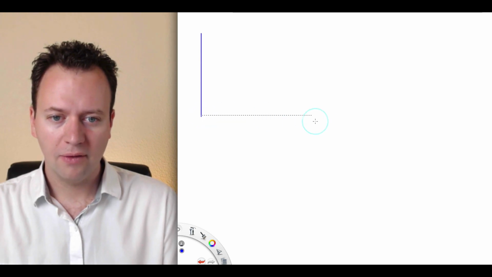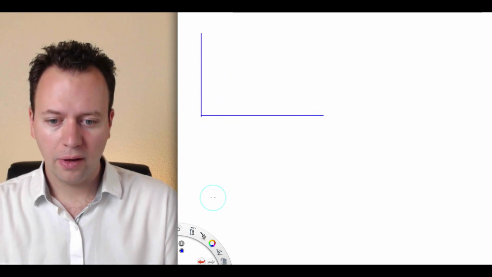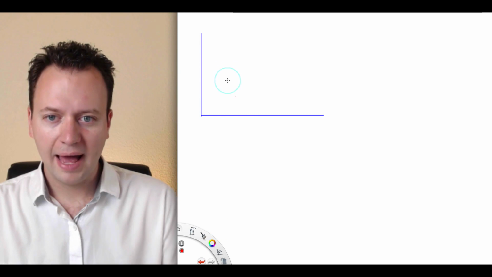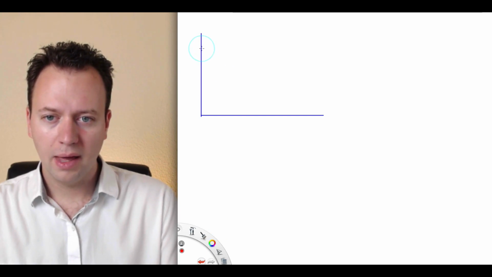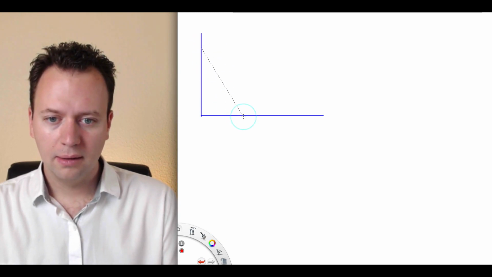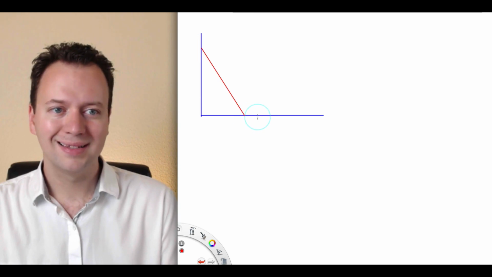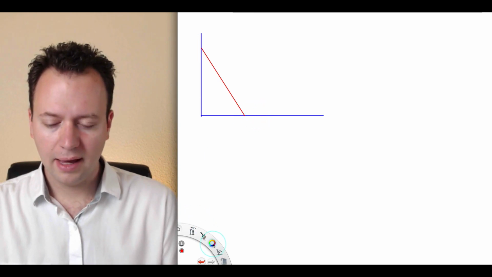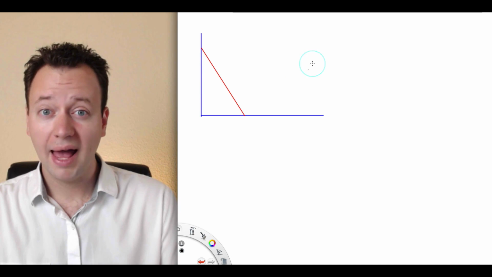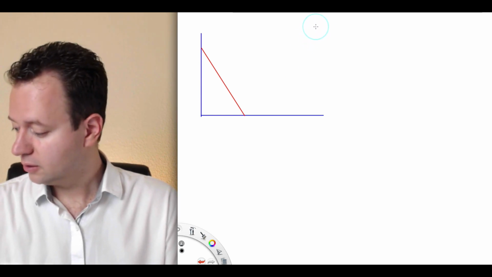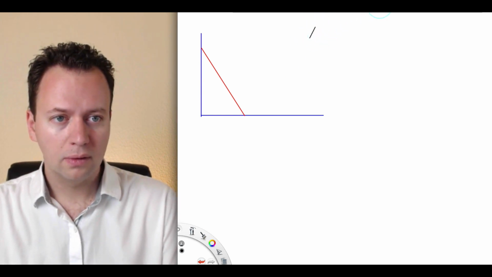So we have some sort of wall, and then we have a floor, and then we have a ladder that is leaning against a wall like this. So that's the physical situation. We have a ladder that's leaning against the wall, and it's a 5-foot ladder